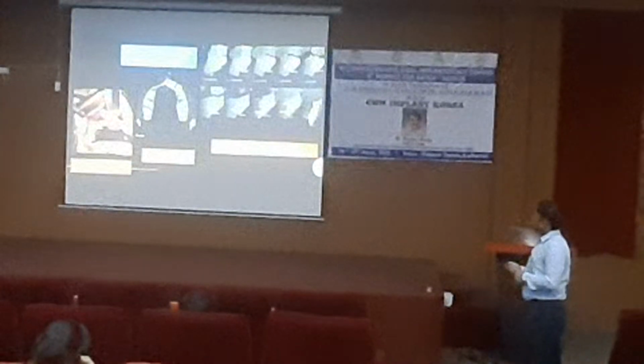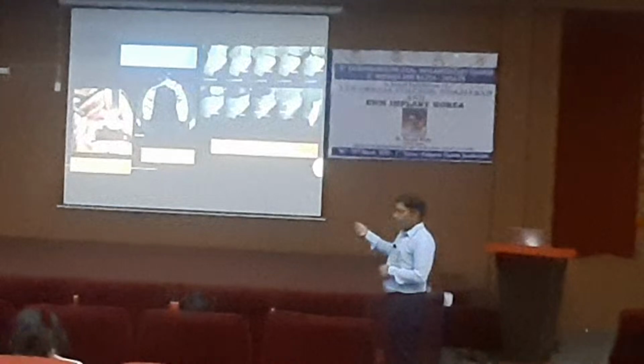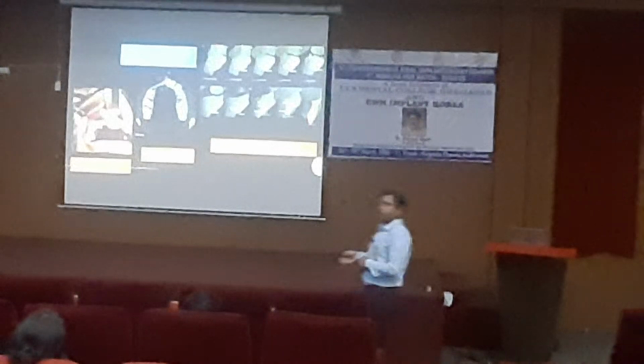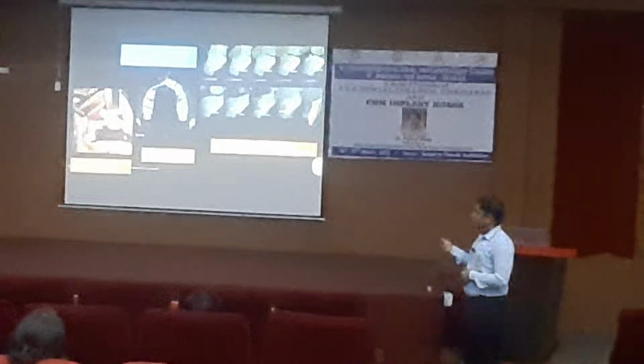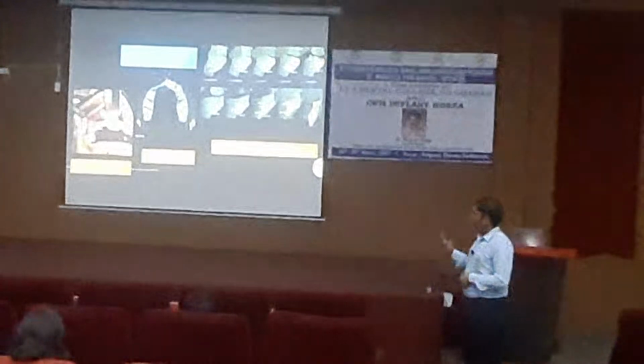Okay. This is another case. If you see there, same like your case, there is a concavity. If you see from the maxilla, there is a big concavity. So in this case, if you see the CBCT also here, there is no bone. So in this particular case, you have to decide either you go for grafting or some other type of graftless procedure. In this case, the basal implant is the only graftless procedure. Otherwise, you have to go for grafting. Right? So in this case, particularly what I did, there is a very small amount of bone. If you see the CBCT,